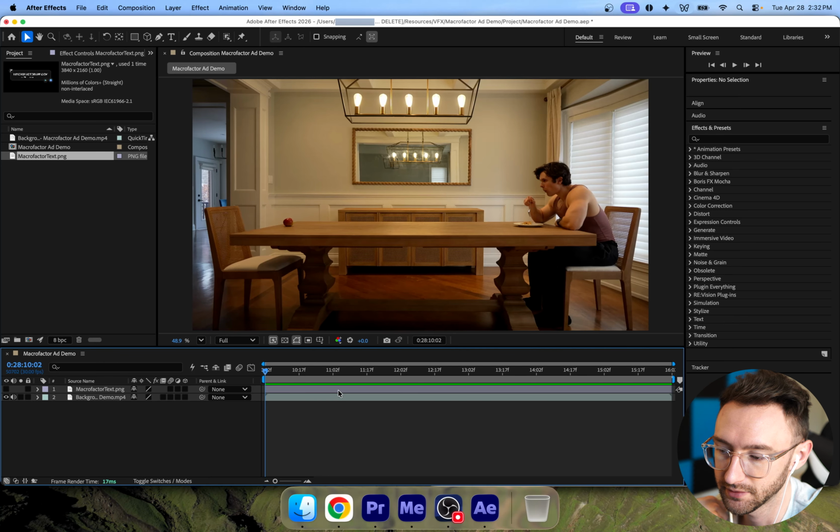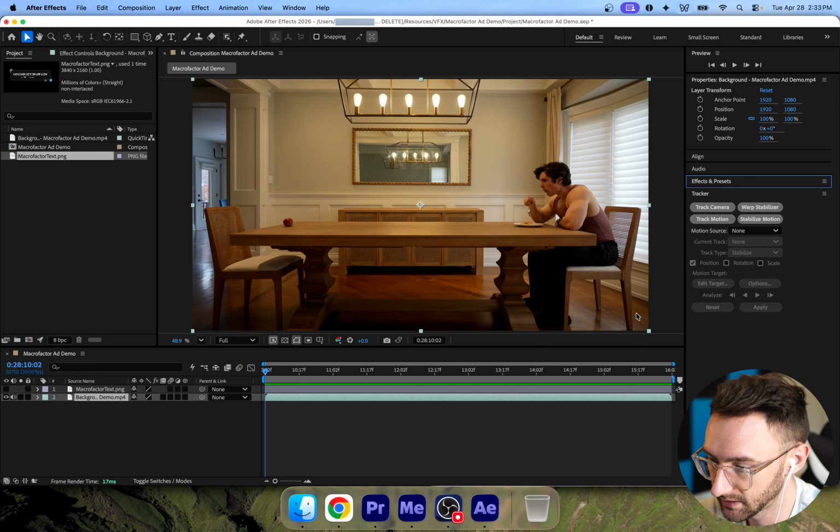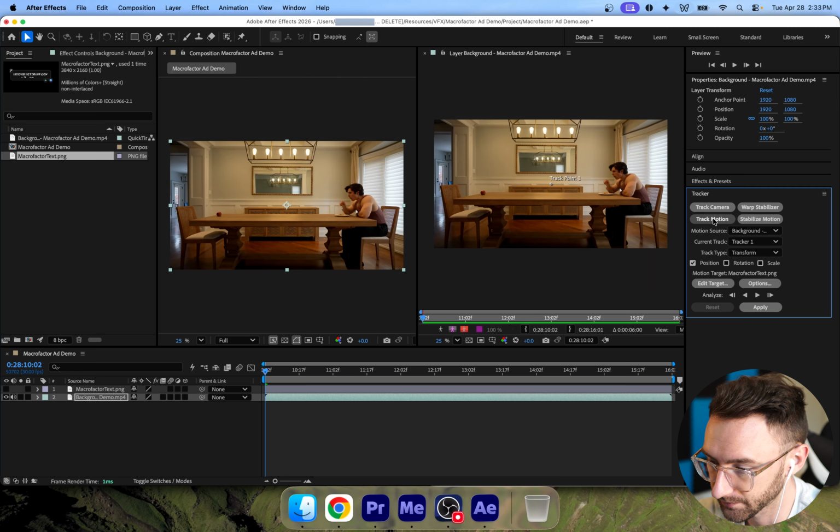So when we're tracking the rotation, we need to find two small, distinct shapes or colors that are nice and far apart. That way, even the smallest change will be picked up as a small change in rotation. To add it, we do the same thing. We go to the tracker panel with the layer we want selected, track motion. It'll bring up the second screen, and then we just need to check the rotation box,